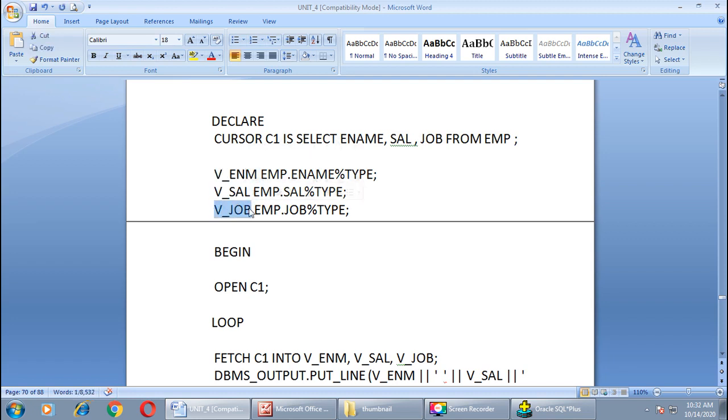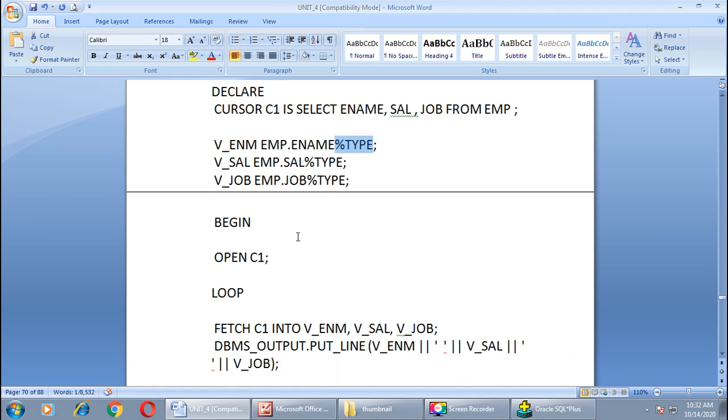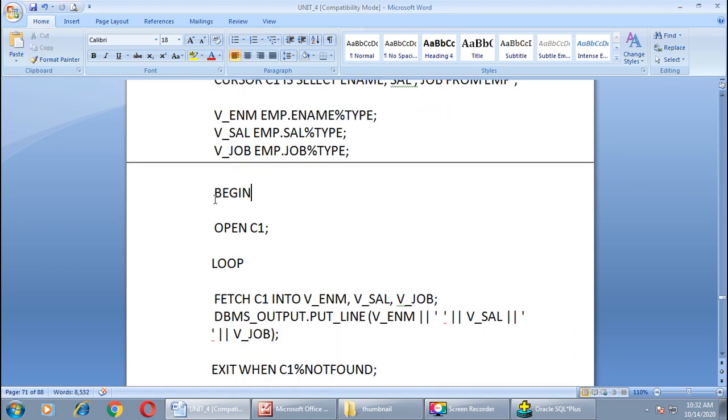The data type should be the same as the data type of the fields ename, salary, job of the employee table, right? For that I have taken percent type. Then begin, our second section is begin. Open your cursor using the open keyword, open C1.